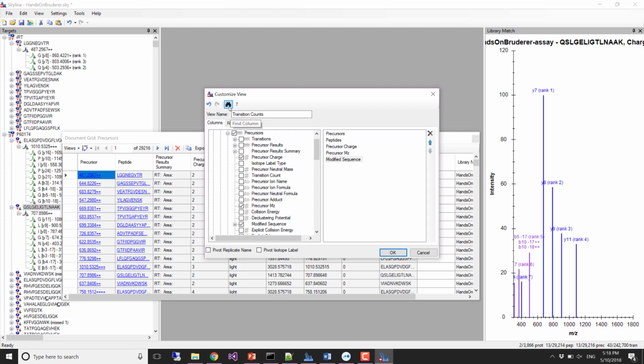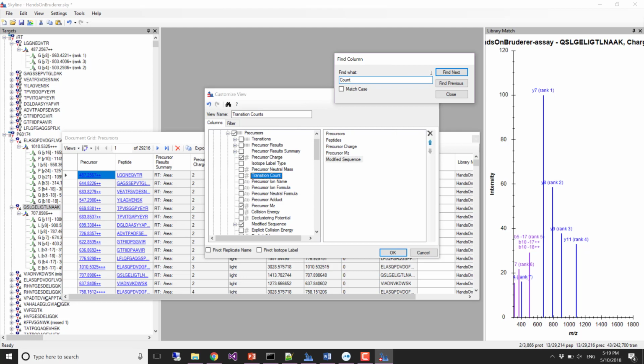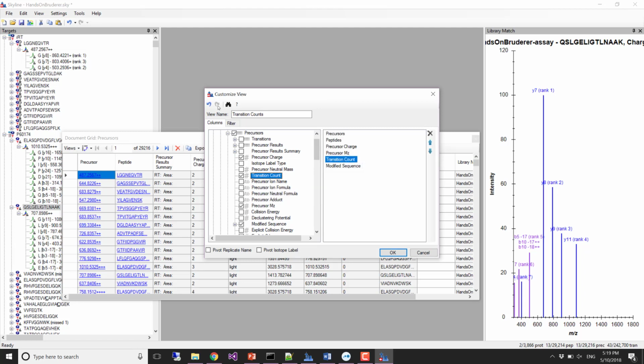Okay, the other nice thing about here is people are like, oh, how do I find that column? Hey, there's a little binoculars. There's a way to find things. So we can just type count, and that will select the transition count as a column. So I'm going to go ahead and close the find window and check transition count, and then it puts it above the modified sequence, but I want it at the far end, so I can use the arrows to change the order. So everybody should be able to get to having